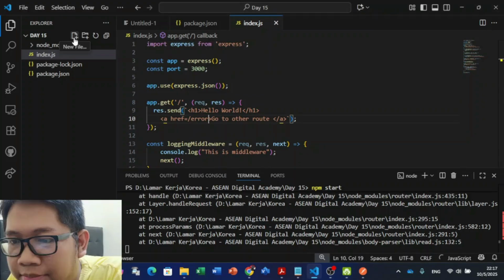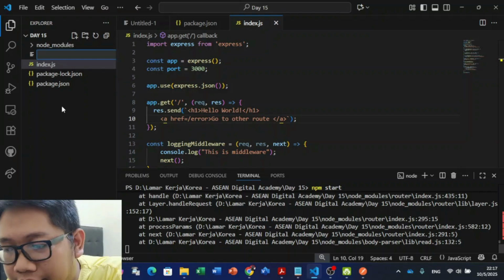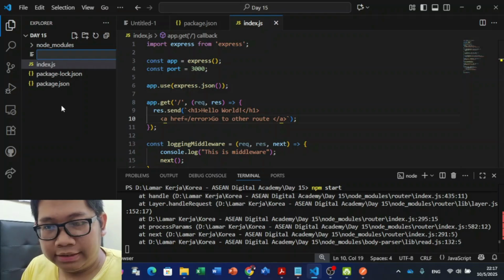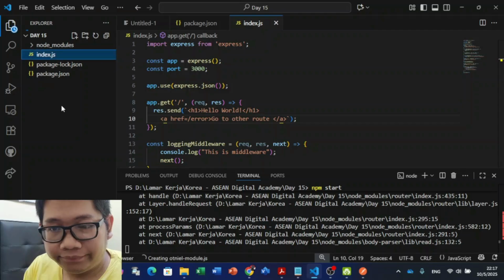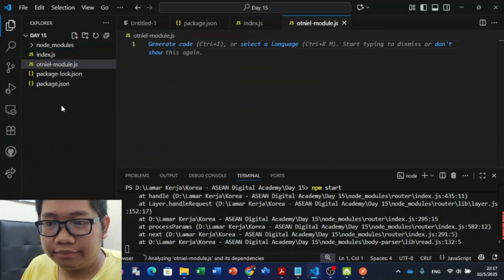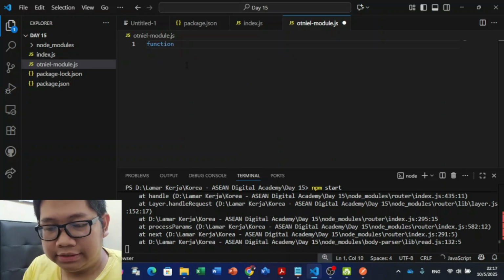And the last is to export and import the module. We can just use this new file, let's say module.js. And for the module, I think we can use a function. So a function, just like add num, I think.